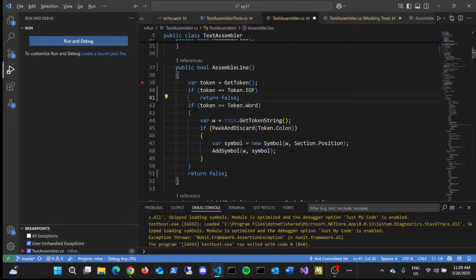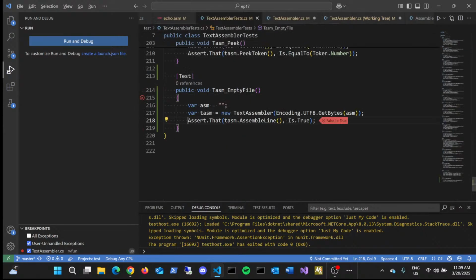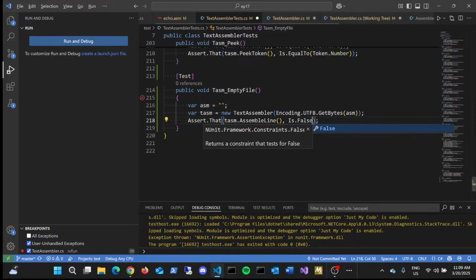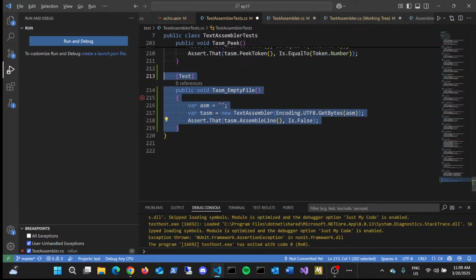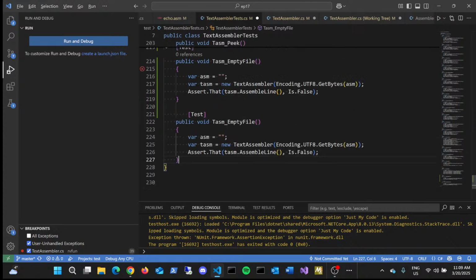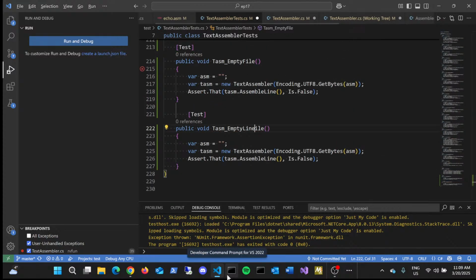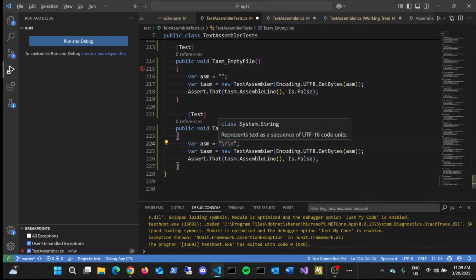This means stop assembling, because there is no more data to fetch. So we will change that to is false now. But if we have an empty line, and remember we can use carriage return line feed for that, then this is actually two lines. There's the first line, which is empty, followed by the carriage return line feed separator, and then another empty line